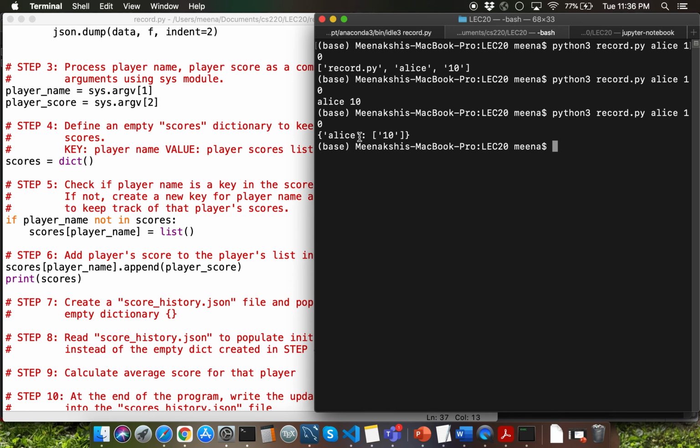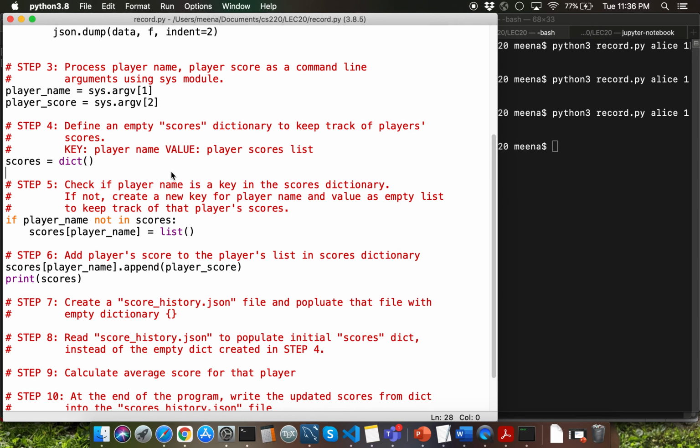What is wrong with the current version? The score is represented using string data type. Why is that the case? Recall that the command line arguments always produce string data type. It is up to us to use an appropriate typecast function.